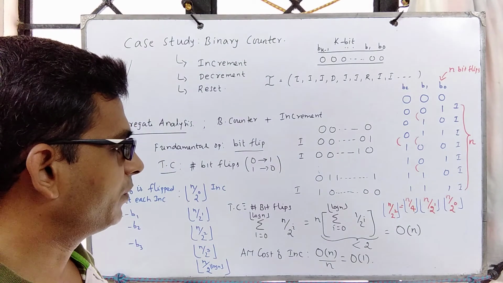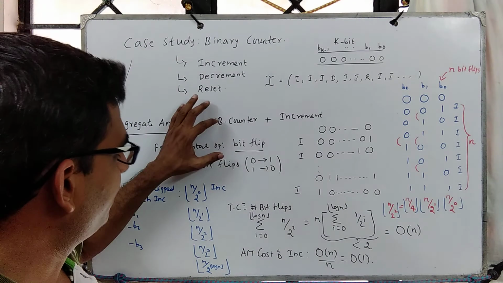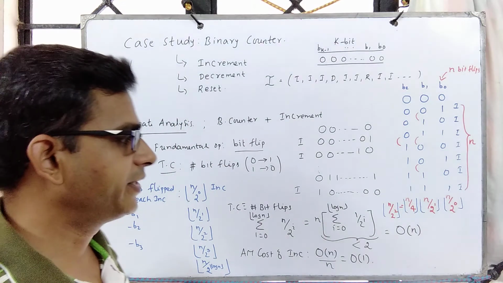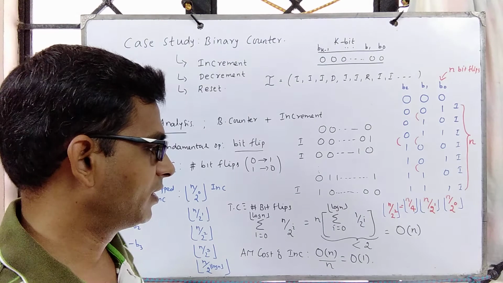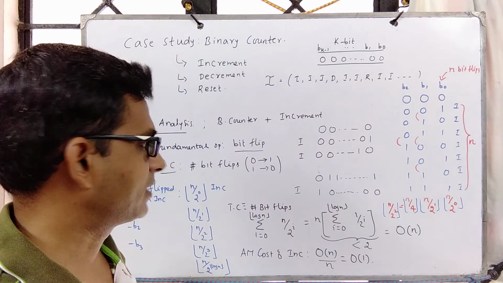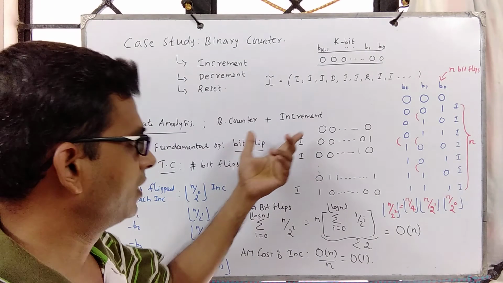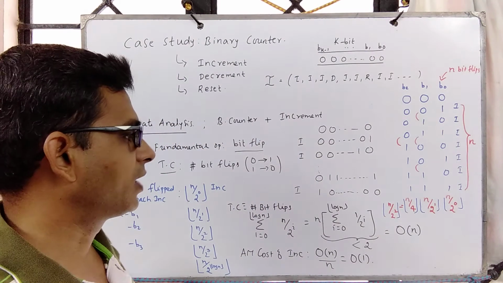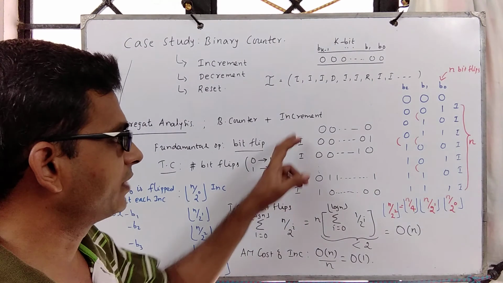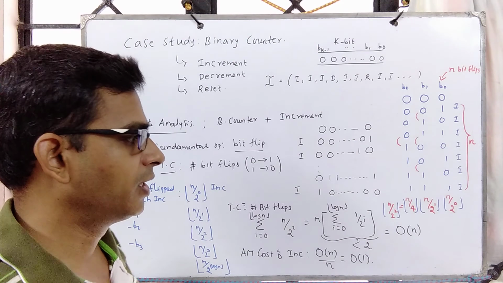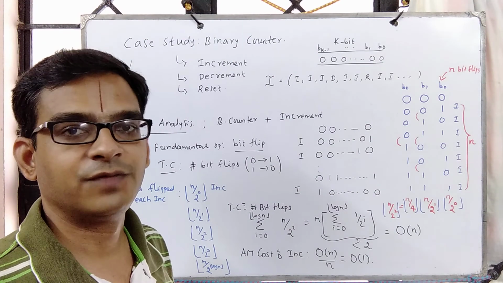So now what we will do, we will modify this binary counter and allow other two operations, decrement and reset, and see what is the cost of the data structure or this framework supporting these three. We will also look at what would be the credit associated with increment, decrement, reset as part of accounting. Subsequently, we will look at potential function method as well.